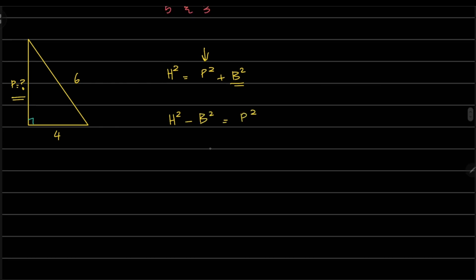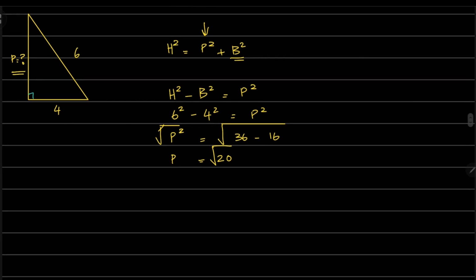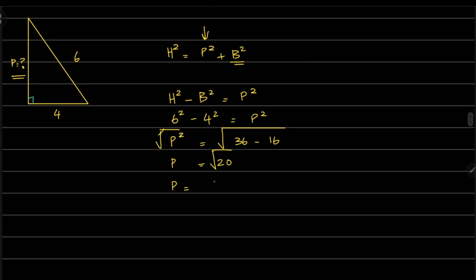equals perpendicular squared. Alright, now you just simply plug in your values. The hypotenuse is 6, so 6 squared minus base, which is 4 squared, equals p squared, perpendicular squared. So for perpendicular, you'll take a square root on both sides again, so this is going to cancel it out over here, and this becomes 6 squared, which is 36, minus 4 squared, which is 16, which is going to give you 20, under root 20, I'm sorry, and this can give you the perpendicular side as 4.47 or 4.5